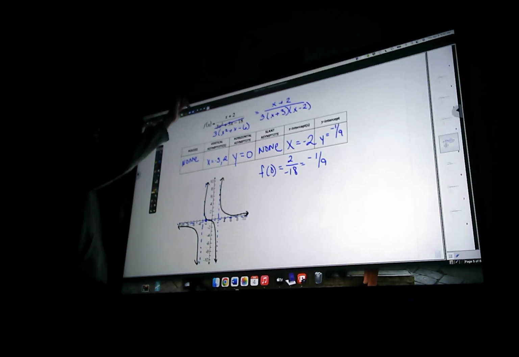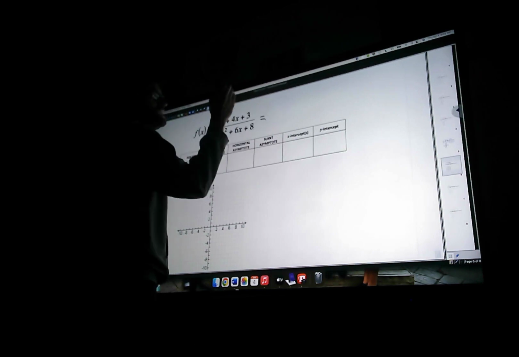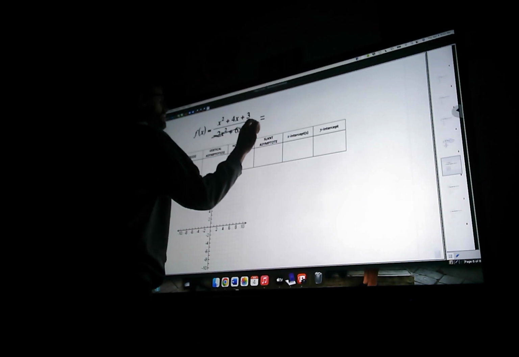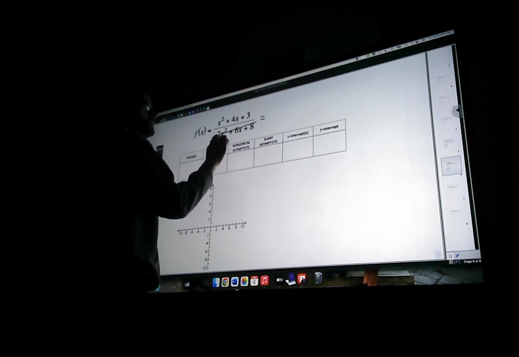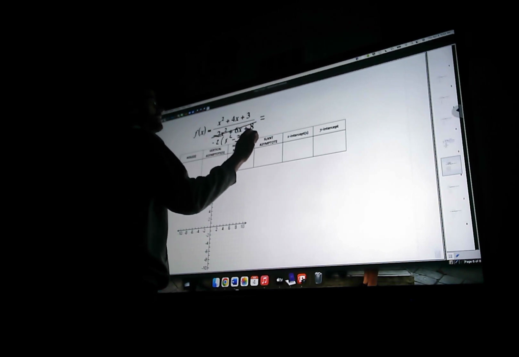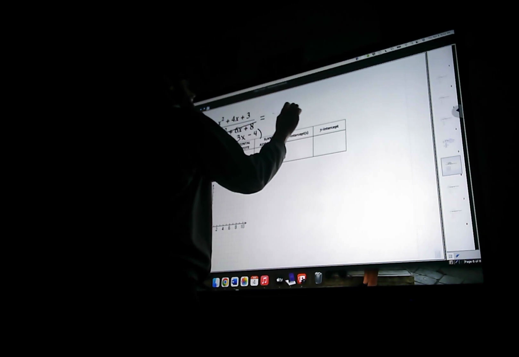Okay, moving on. So this is a systematic thing. We just keep those, what we need to know about the rational functions, in our head. Going to factor a GCF out, and then I'm going to factor